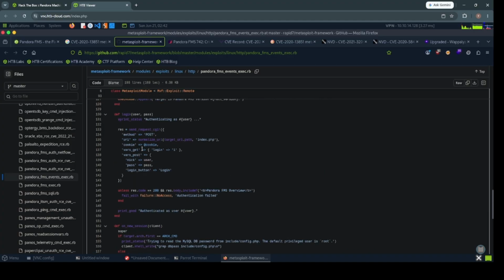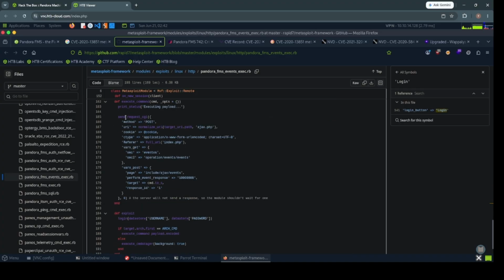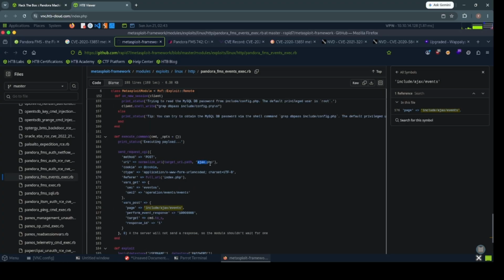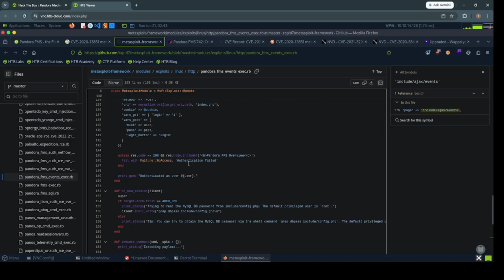So this can be something that we can use. So the vulnerable request goes to ajax.php and the target URI path is